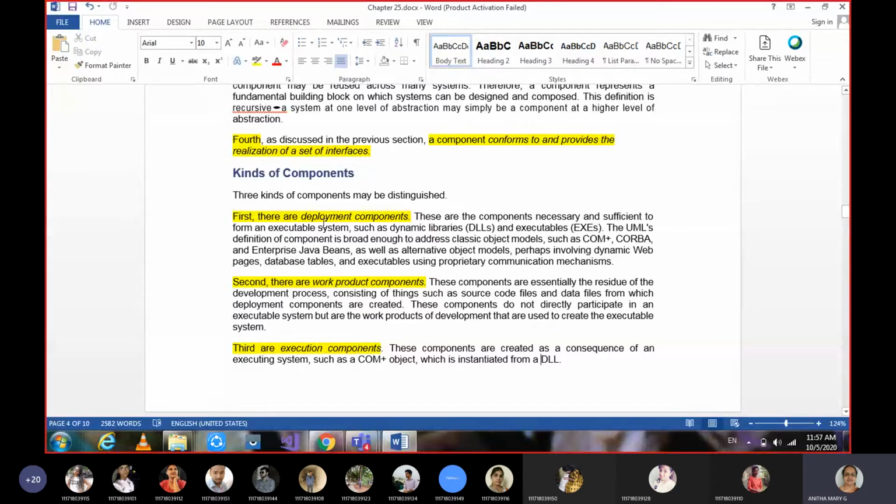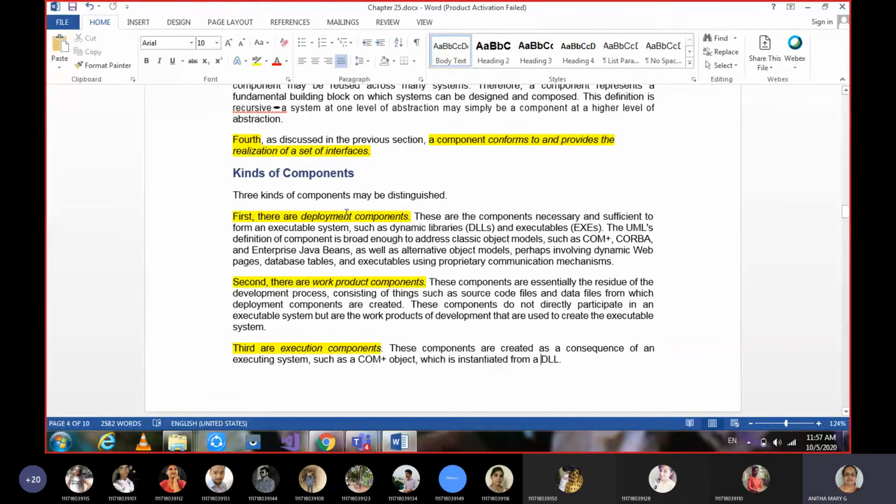So, deployment component. These components are sufficient to form executable systems such as DLLs and EXEs. Deployment means runtime. When the system is running, what things are used by the system in order to execute?